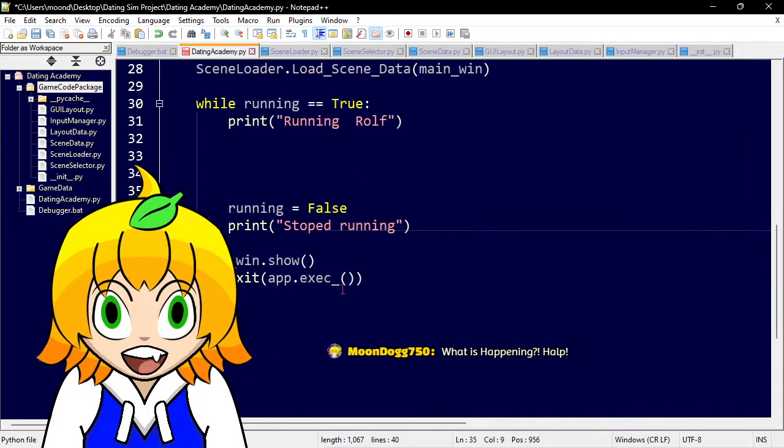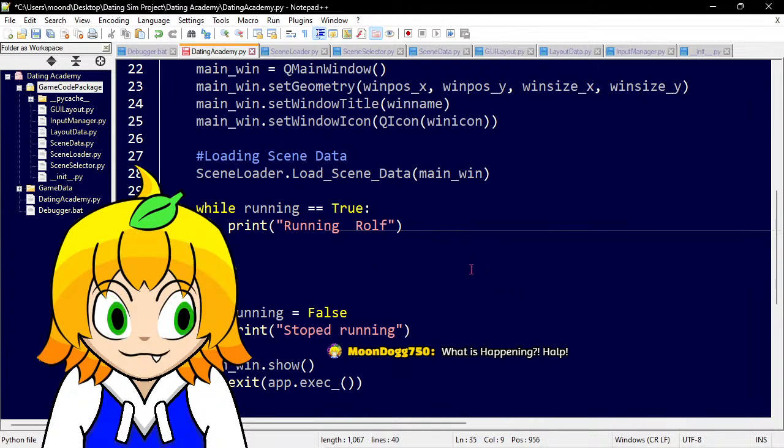The reason I'm doing this is because there isn't a game loop. I need to figure out how to re-implement a game loop somehow. And I'm not sure if this is the best place for the game loop. It should be, since it's the main file.